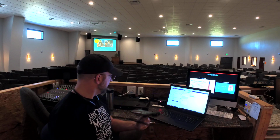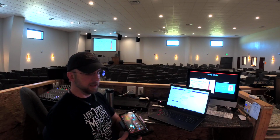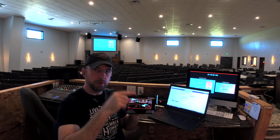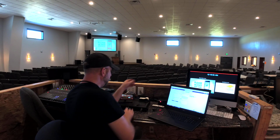But the thing that I really recommend with it is have a set of headphones available so you can constantly be checking what your feed is. So the Mevo goes to our Wi-Fi, and the phone is going to our Wi-Fi, so they're working together to produce the video that you're seeing now. And those are the two real basic components that are Mevo specific, with one exception, and that is this, which is the